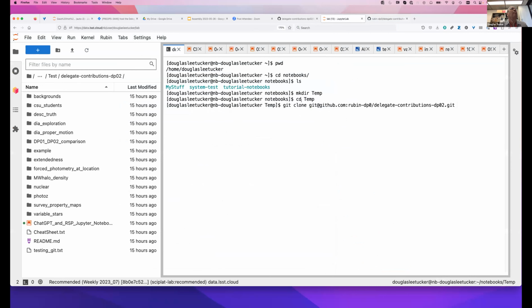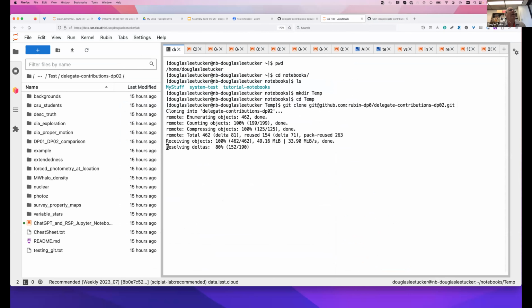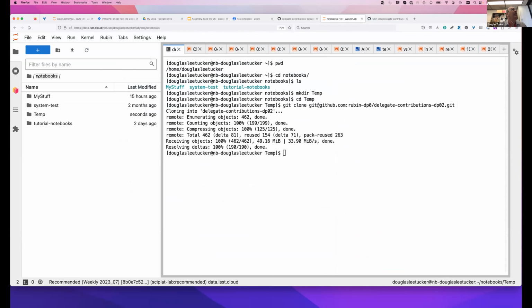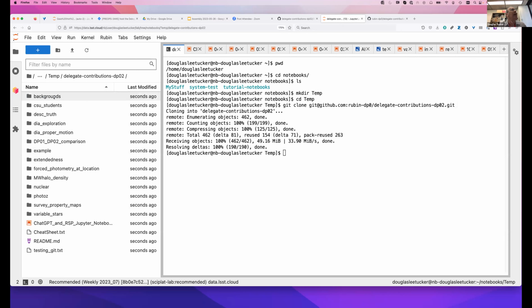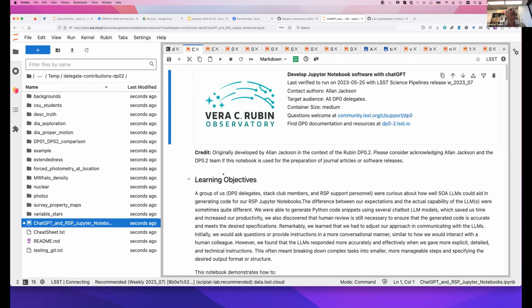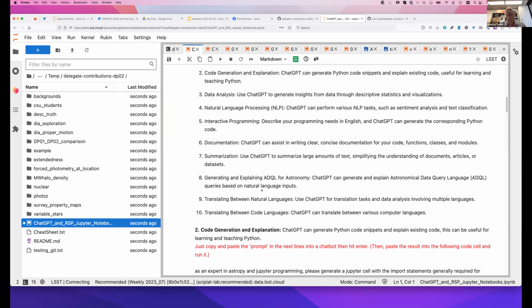Then come back here and do git clone, and paste what's now in your clipboard. In my case, I have it in temp and delegate contributions, and you want ChatGPT, and this is what we'll be using.